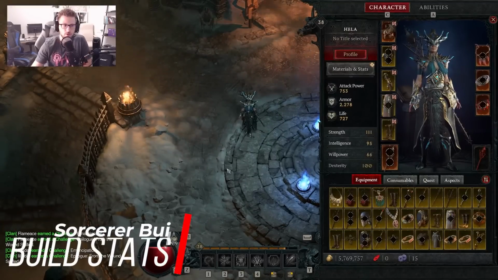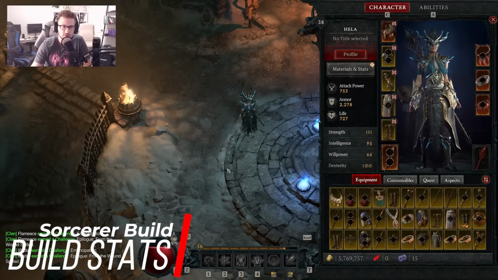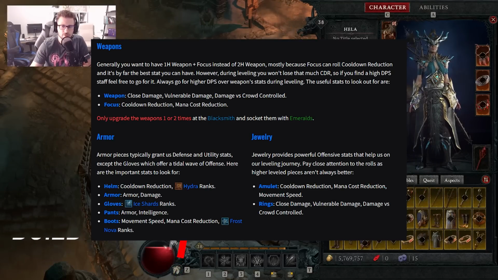Next, I'm going to throw up really quickly the stats on the screen for specifically what we want regarding certain stats for certain pieces of gear. A lot of things that we want are cooldown reduction, movement speed, and mana cost reduction. Again, cooldown reduction because we're going to get better cooldowns on our skills, allowing us to cast and spam skills faster. Mana cost reduction so we can constantly cast Ice Shards over and over and over again, and vulnerable damage